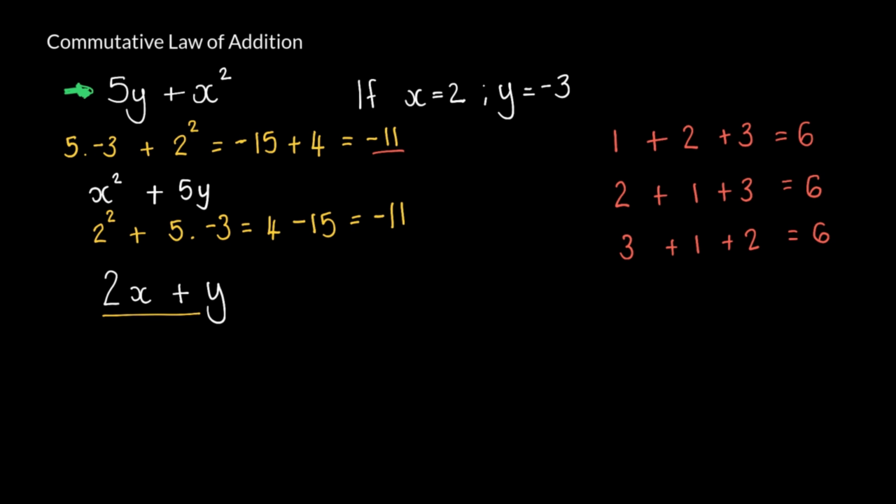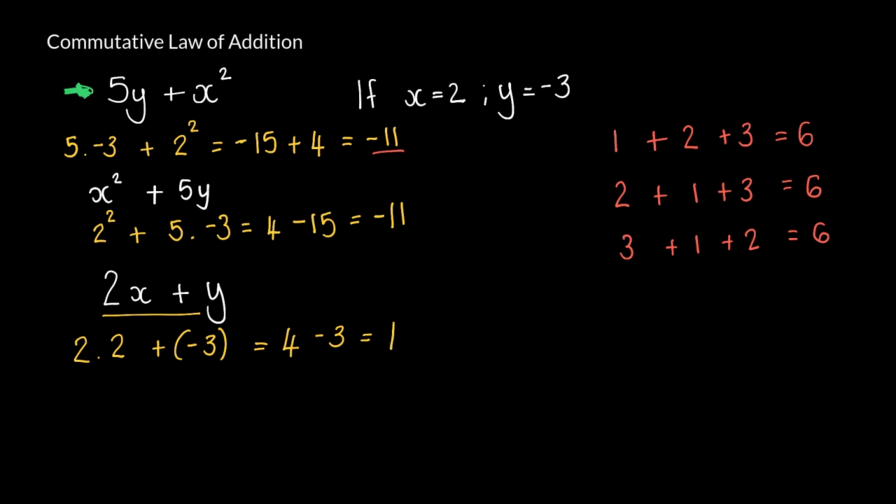Okay, so if we use the same numbers that we've had here, x is going to be equal to 2 and y is going to be equal to -3. And we're first going to test 2x plus y. So we're going to go 2 multiplied by x, which is 2, plus negative, I'm going to put this in brackets, (-3), because that positive and negative are going to multiply each other. And this is going to give me 2 multiplied by 2, that's 4. Plus and minus, that will give me -3. 4 minus 3 should give me 1,